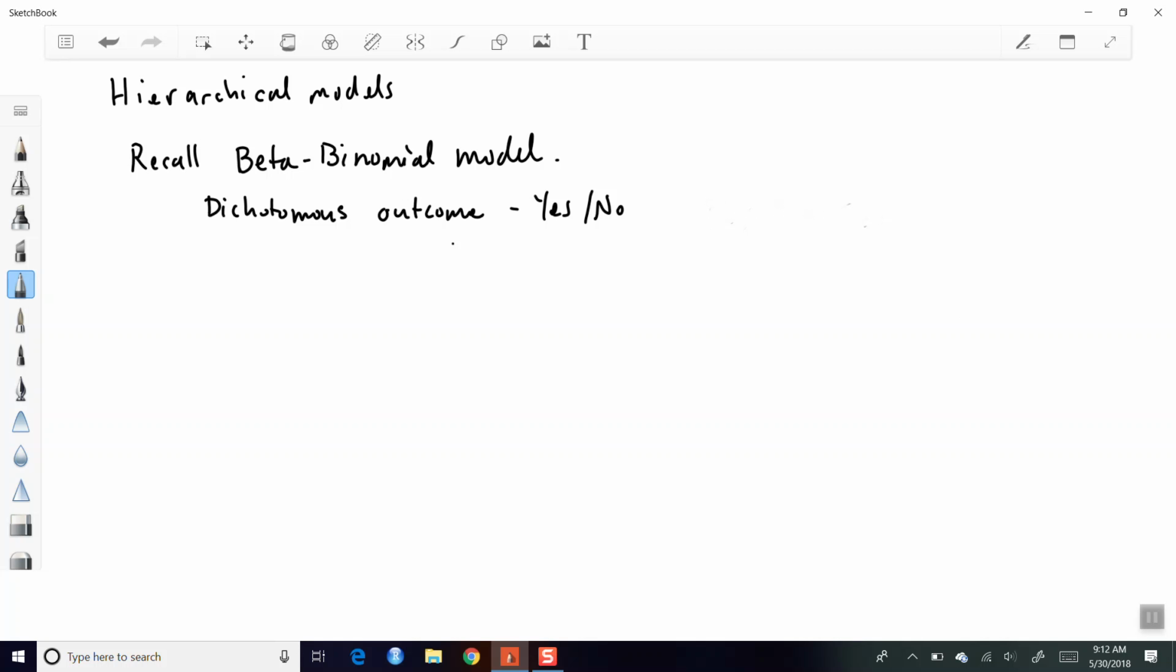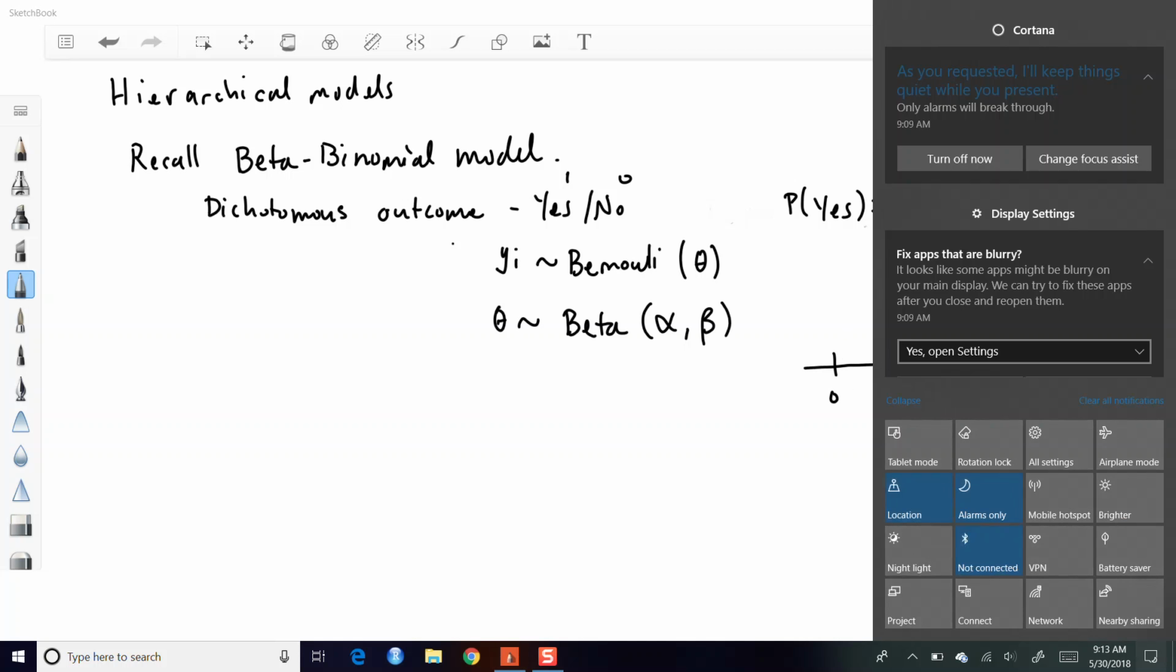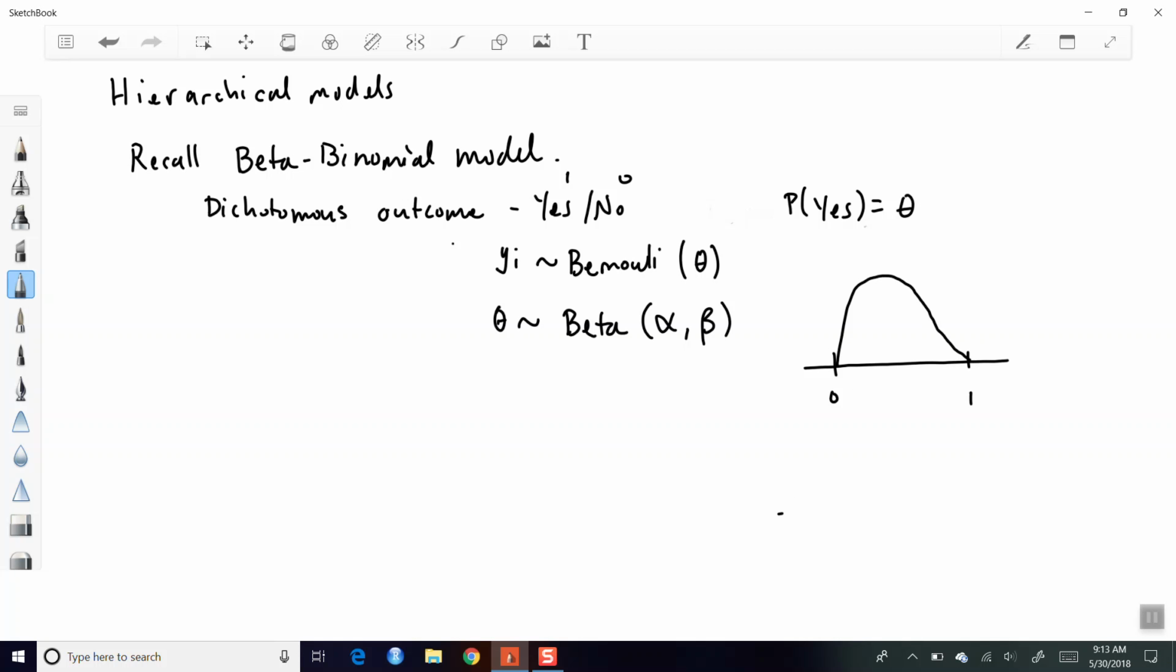So if we say y sub i is going to come from a Bernoulli with parameter theta, okay? So that is the probability of a yes is equal to theta, right? We'll say yes is 1 and no is 0 or something like that. And we place a beta prior distribution on theta, so theta itself comes from a beta distribution with parameters alpha and beta, right? And the beta distribution varies from 0 to 1, and